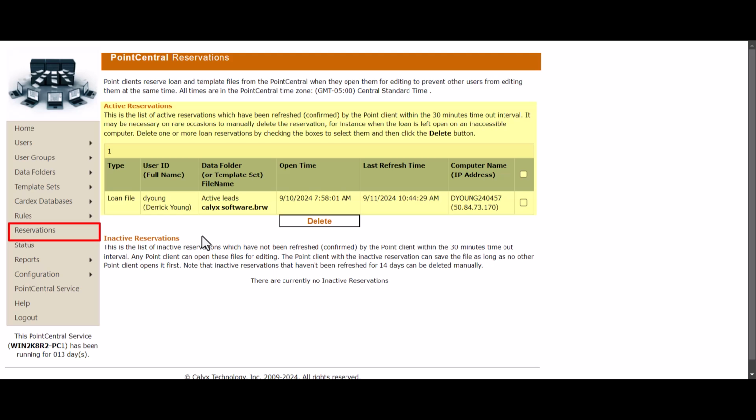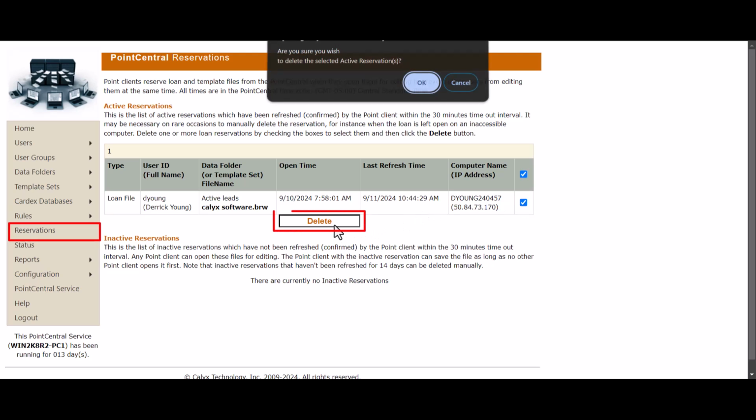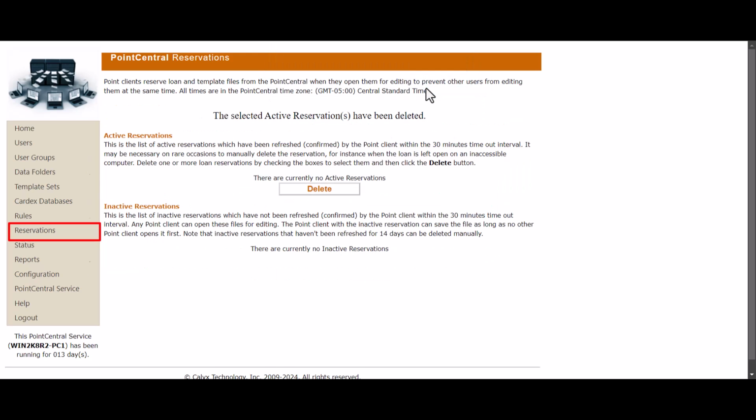It may be necessary to manually delete reservations. For instance, if a loan is left open on an isolated computer, delete one or more loan reservations by checking the box to select them and then click the delete button. So as you can see, I currently have a reserved loan file. It says that I'm in it. If I were to come over and select the checkbox to the very far right and delete this reservation, this will allow me to have edit access to that loan file